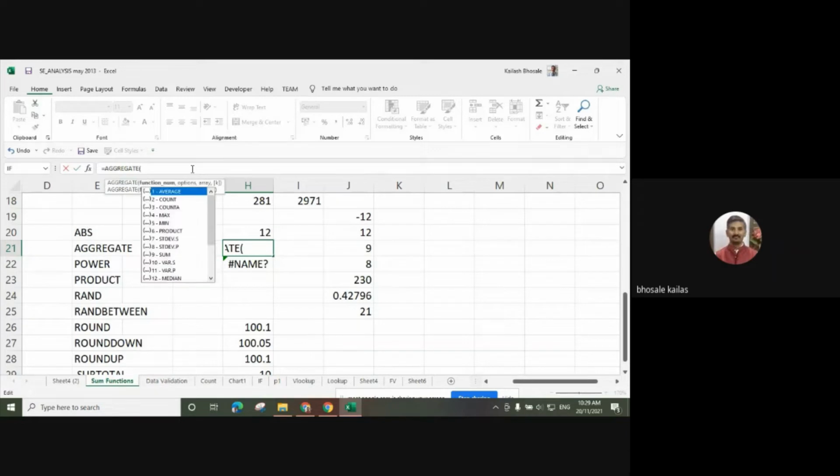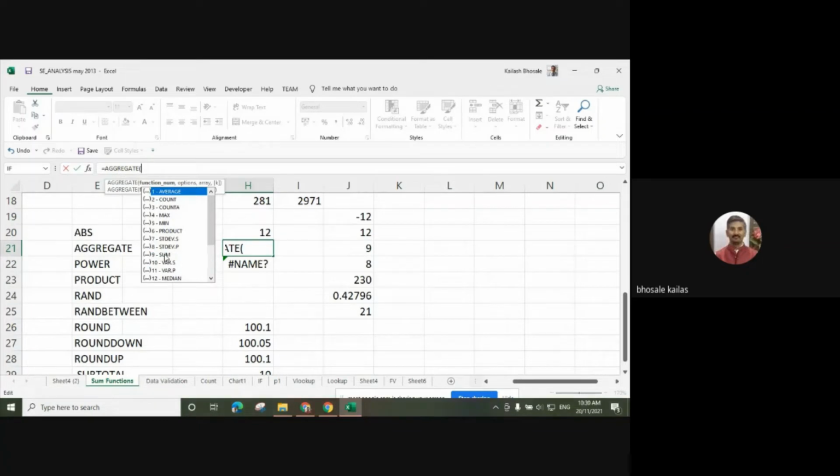Likewise, there are many functions available. I want to make the summation, or I want to make the average, then count, counta, maximum, minimum, product, standard deviation of the population, summation. For that purpose, there are many options available. So we can use the aggregate function.